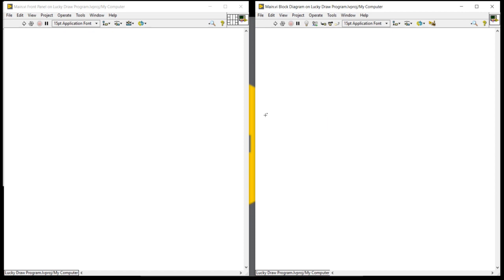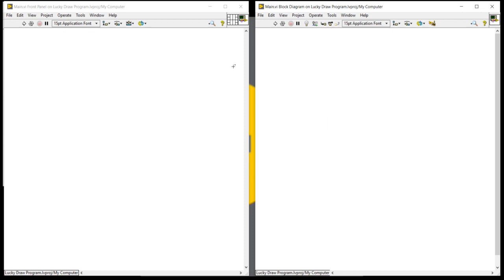So let's start designing the first part. In the first part, our target is to generate that lucky number. All of you know very well, the lucky number is always an integer number.